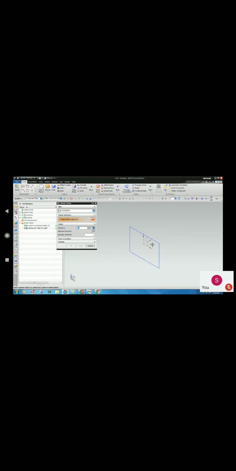Using add distance button. Select here. That distance is 350. So at 350 mm distance, there is another cross section. So you go to insert, create sketch, task environment, and use this direction now. Okay. There is another section here. More rectangle. Now between these two sections, you have to add a material.